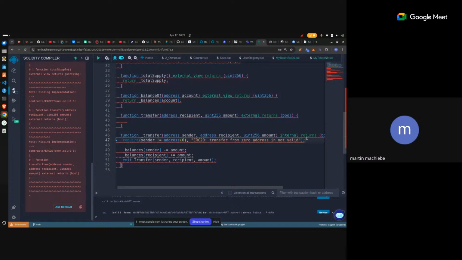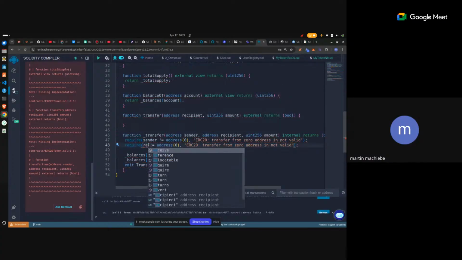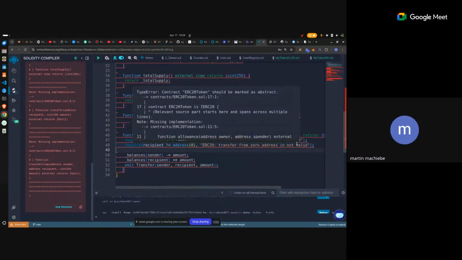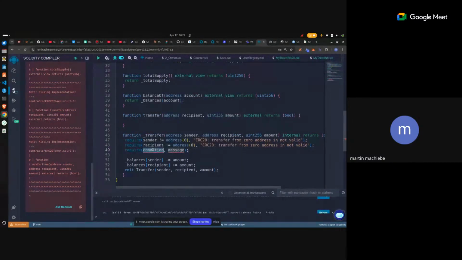We're going to do the same thing with the recipient. We need to make sure that the person receiving our ERC-20 token does not have address 0. The error message should be the same. So what do we need to do again? We need to check the balance. Require that the underscore balance of the sender